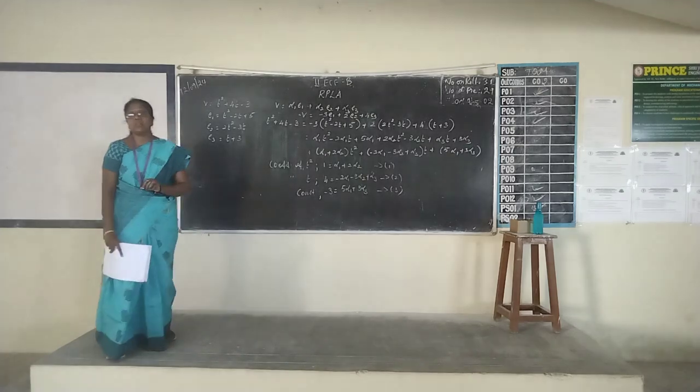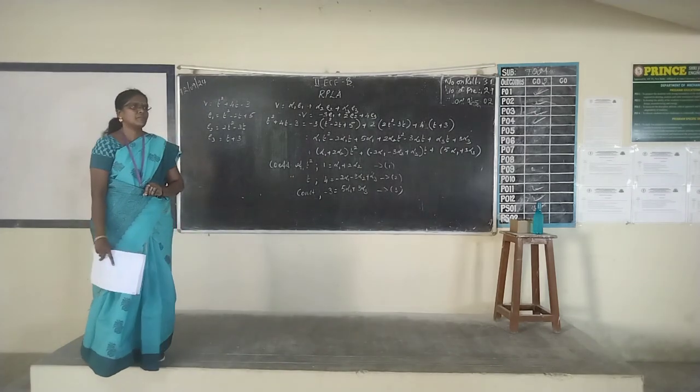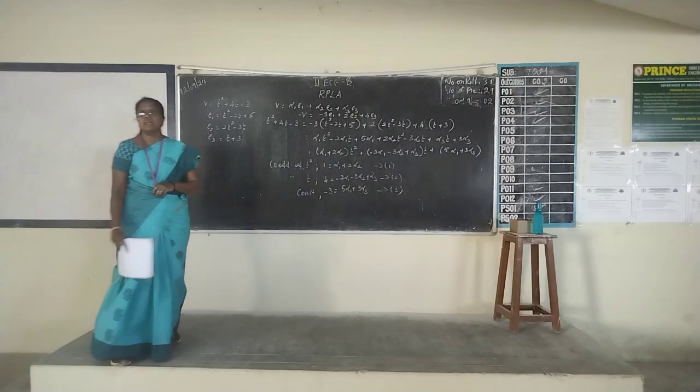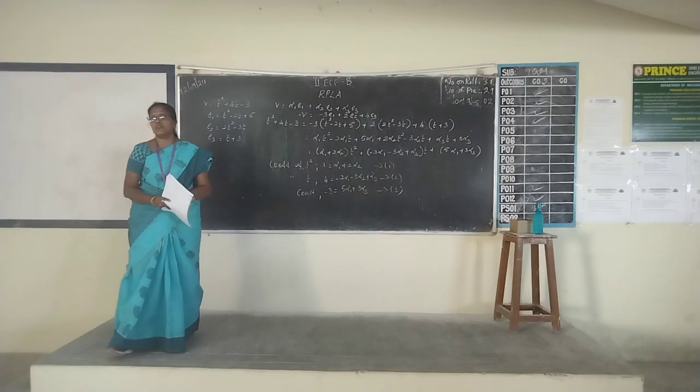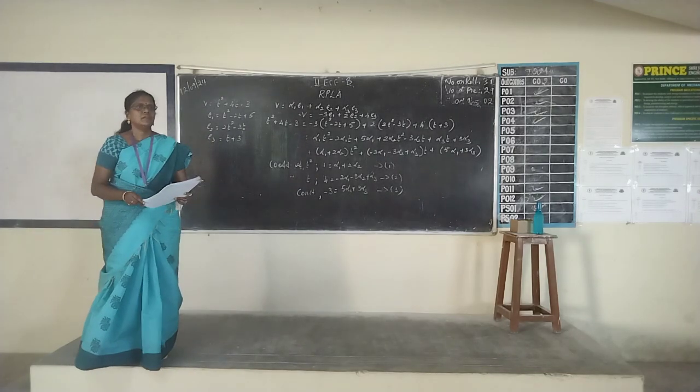So whether we were able to write as a linear combination? Yes or no? Yes. Hence it is possible for us to write V as a linear combination of E1, E2 and E3. Any doubt now? Okay. Next